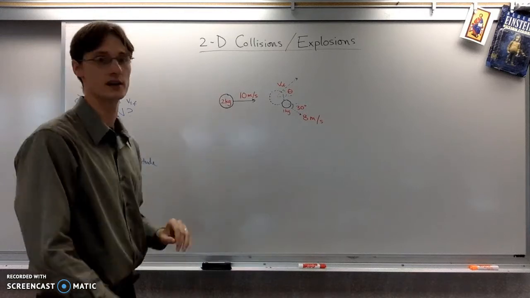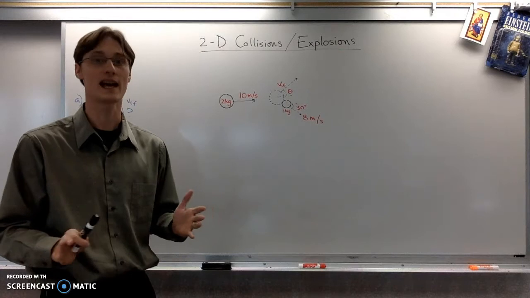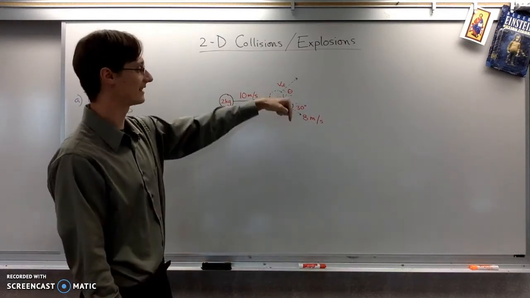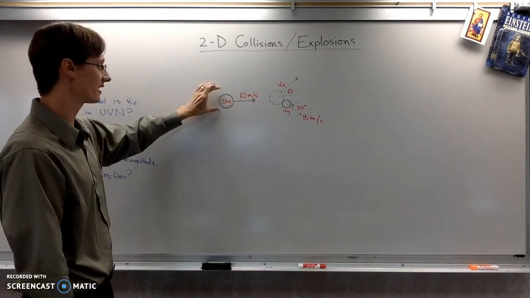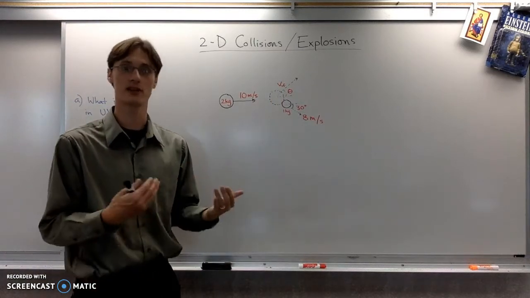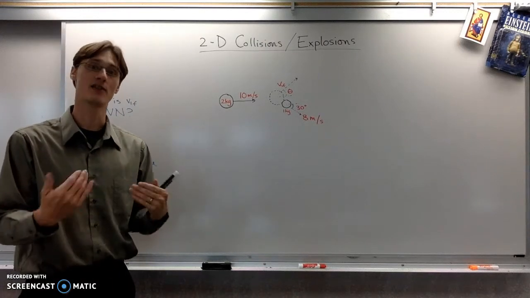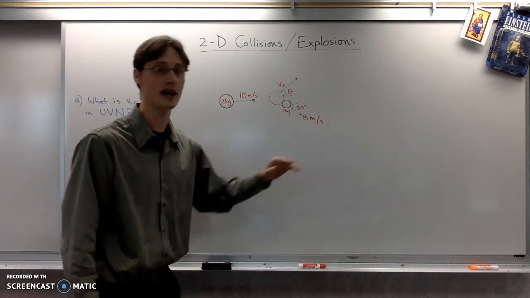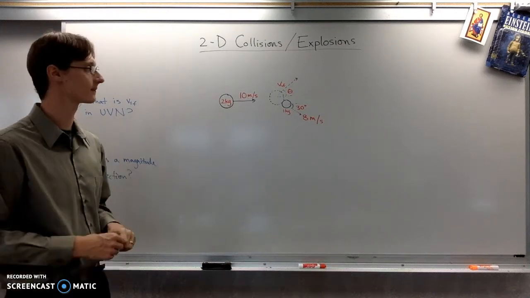So when you look at this one, it has 0 y momentum. Nothing has y momentum at the start. If this one then ends up with momentum in the negative y direction, that means that after the collision, this one has to have momentum in the positive y direction so that they can still add up to 0. Okay, so mathematically, the way that you're always going to set this up is break it up into x and y. And just like when we did two-dimensional kinematics,